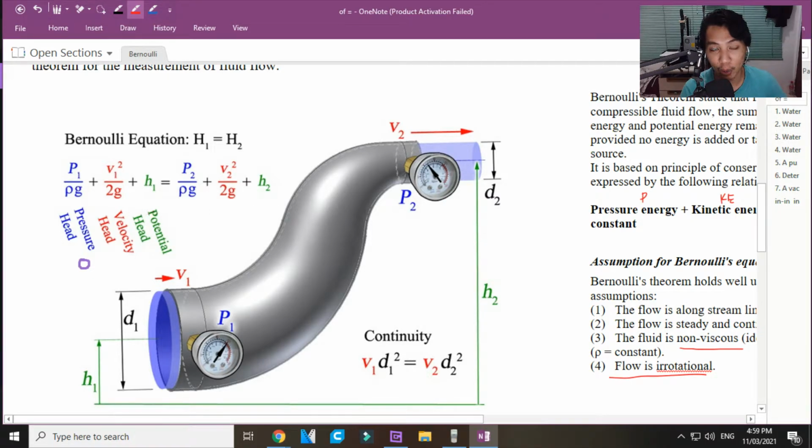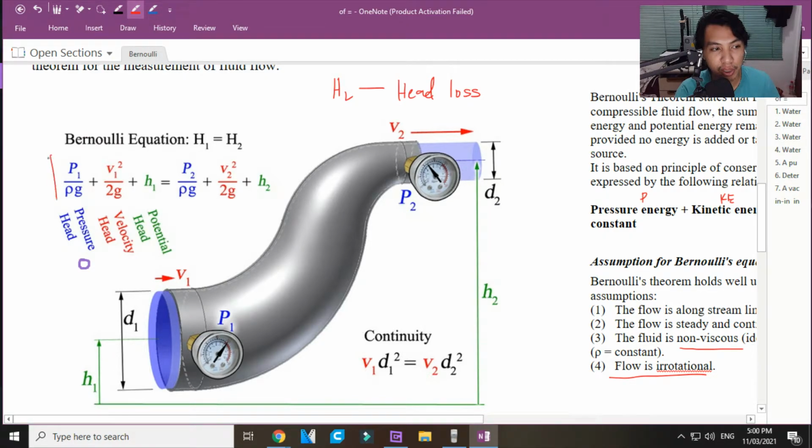But may kulang ito. Always may kulang dyan. What is lacking dito? We lack the head losses. Head losses. And the head loss, even sa inyong suction to discharge, the same. You will just add it to the system. Now, if you are given tatlong points, okay, tatlong key points kung saan i-determine mo yung pressure energy, yung velocity energy, or yung kinetic energy, and then potential energy, we can have